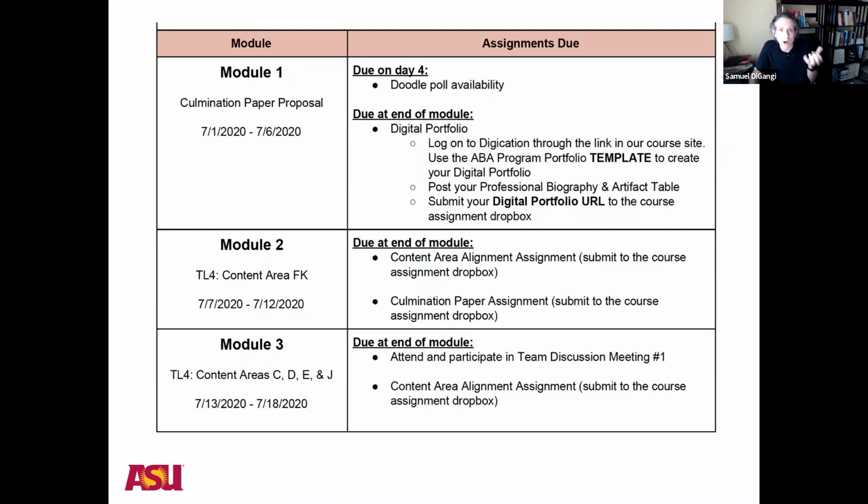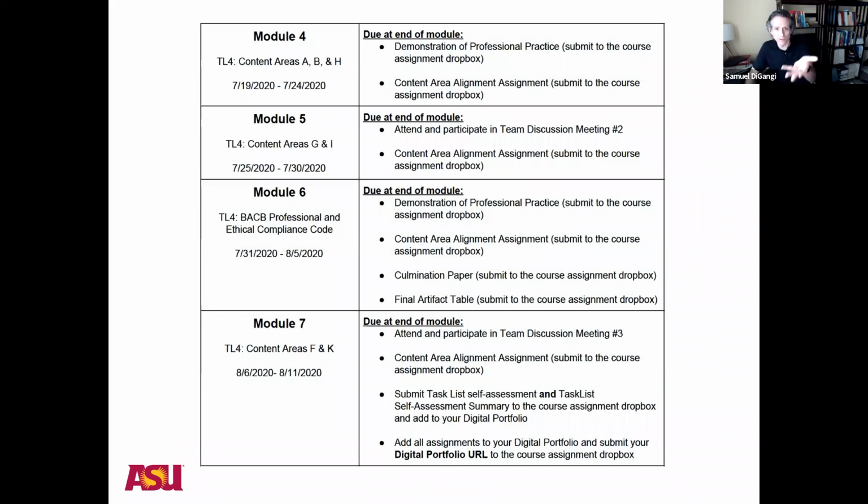focus of your activity. Now, a question that often arises is, well, do we have to wait for each module to begin our alignment? And no, of course not. As you go through, as you review your work from throughout your program, you will be assembling your artifacts, your intended areas of focus and discussion across the modules. But for sake of organization, we sequence these with a content area or content areas assigned during each module. And as you can see, then progresses through the 7-module format that we use in the other 9 courses of